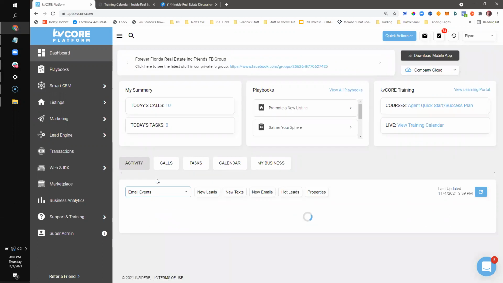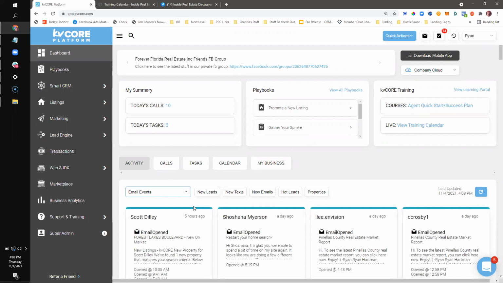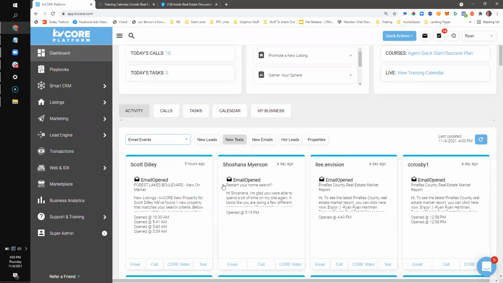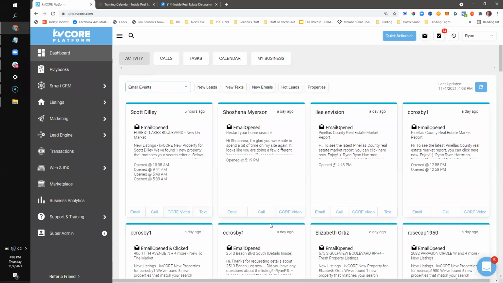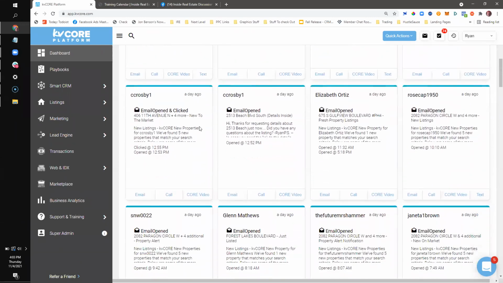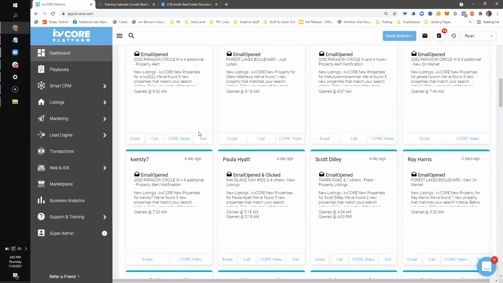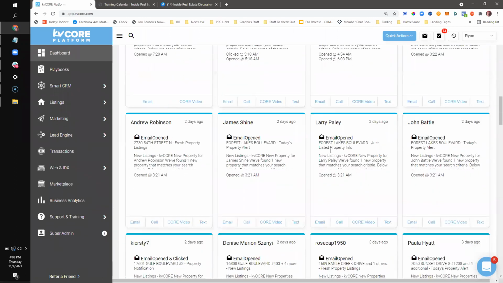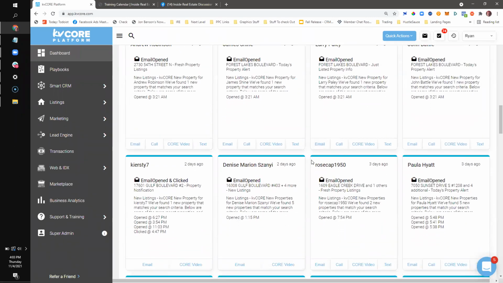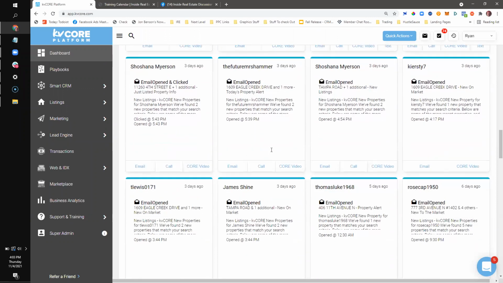We also have, and Christian, feel free to interrupt me at any time if you have something that you want to mention, we also have email events here, and I wanted to mention quickly something about email events, and that is that with the iOS stuff that's going on, you might have heard about this with Facebook, with Apple not really wanting to share a lot of user data. They've made some policy changes. These have unfortunately become a little less accurate in some cases. So I wouldn't use these as a 1000% source of truth, but they're still interesting and you can still see people who are opening emails on your site if you scroll through that.